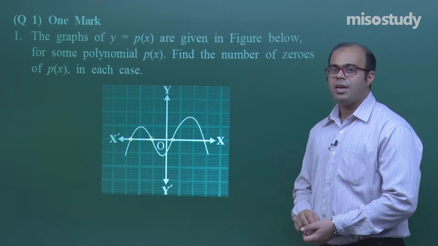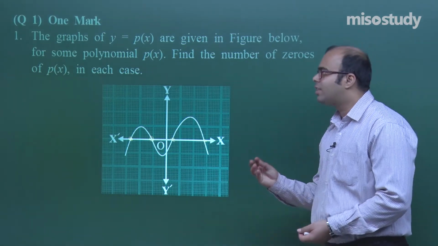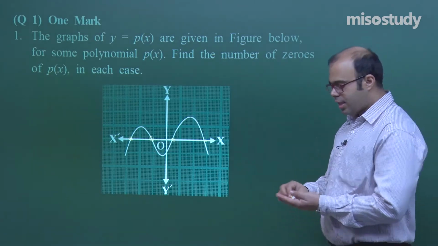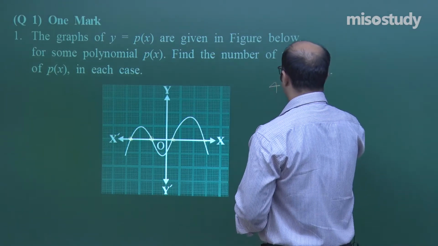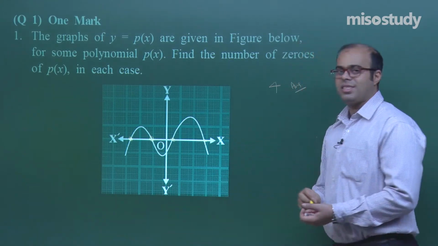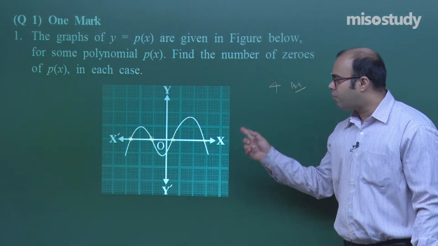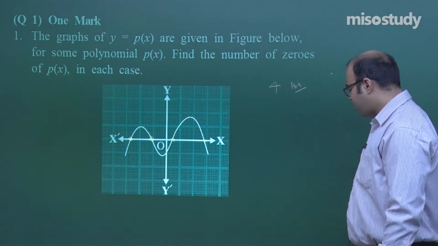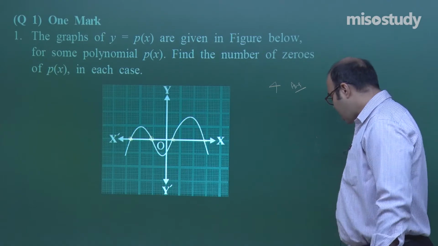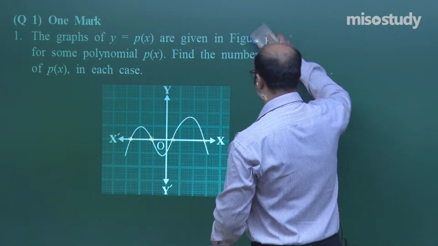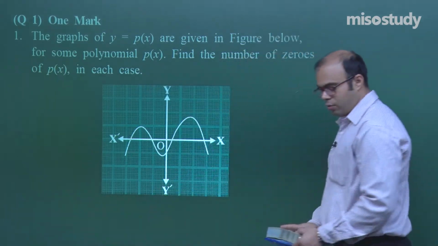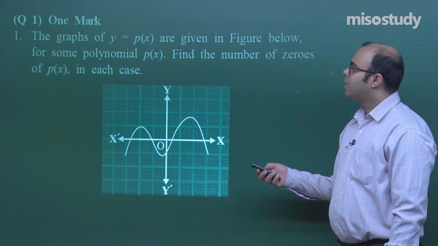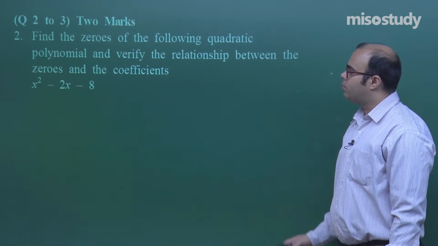So, the points where the graph intersects the x axis are actually the zeros of this polynomial. So, we say that how many zeros? There are 4 zeros of this polynomial. We will directly see the graph and see the number of points where the graph of the polynomial is intersecting the x axis. So, there are 4 zeros here which we observe. After doing this first question, which is of only 1 mark, and you should have only the understanding of the concept of zeros geometrically, let us come to the second question, which is of 2 marks.